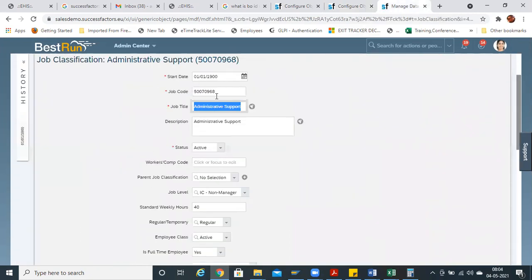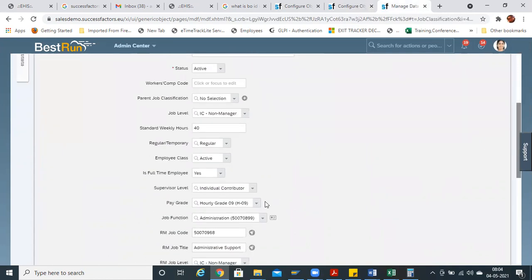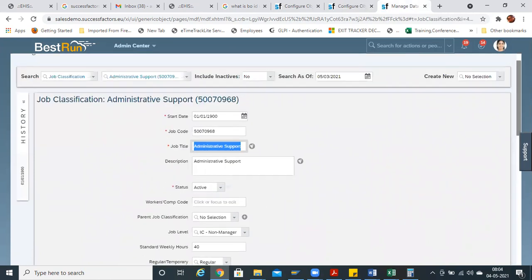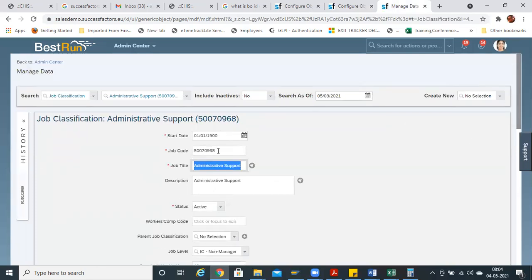Now in manage data, you are just mentioning to which pay grade it is, which supervisor level, which job function. Job function is linked to job classification. Now this will be linked to the position. In the position, you will be finding first the job code field.